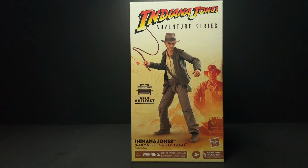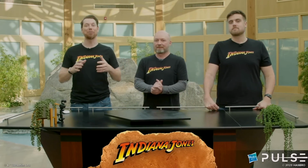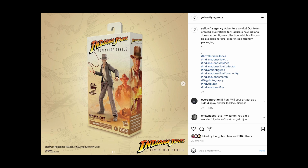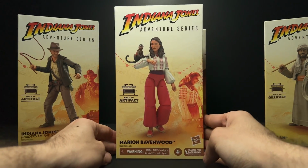Normally I just focus on Star Wars The Black Series and other 6-inch Star Wars lines, but considering that this is the same team that works on Star Wars The Black Series, it's even the same creative agency that's been designing the boxes since the beginning of the Black Series, so I thought it would just make sense to review